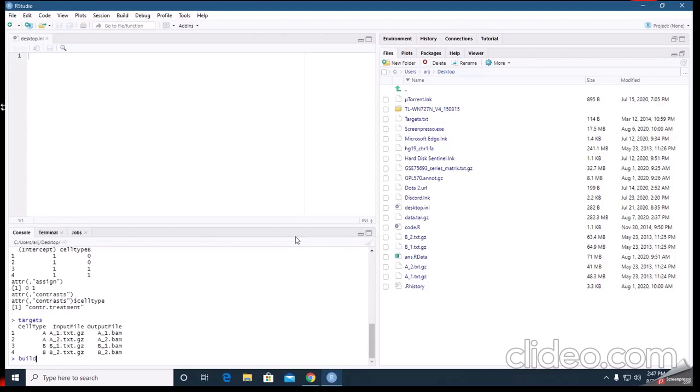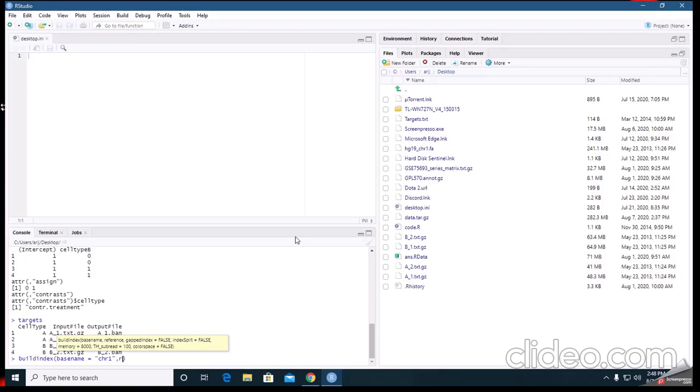I am using the buildindex command which is present in the Rsubread package. Now the basename, which is going to be chromosome 1. Index name chromosome 1.